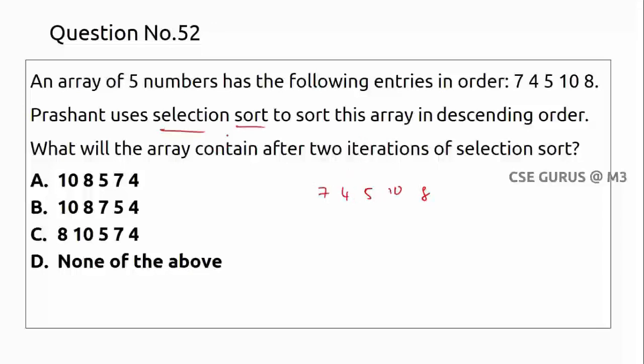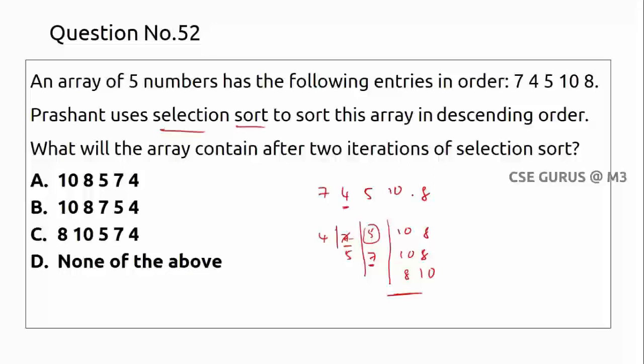In general, in selection sort, if it is ascending, I'll select the minimum element. Let us suppose it is 4, with the first element we'll swap, right? So 4 and 7 like this. Now this is the sorted part, this is unsorted, and now what is the smallest among the 4 elements? 5. 5 will be swapped with the first element in the unsorted list. So 5 will be here, 7 will be here. Then 10, 8. Now till here 4 and 5 are sorted. Among 7, 10, 8, which is the minimum? 7, which is swapped with itself. So sorting over 10 and 8, it becomes 8, 10 like this.